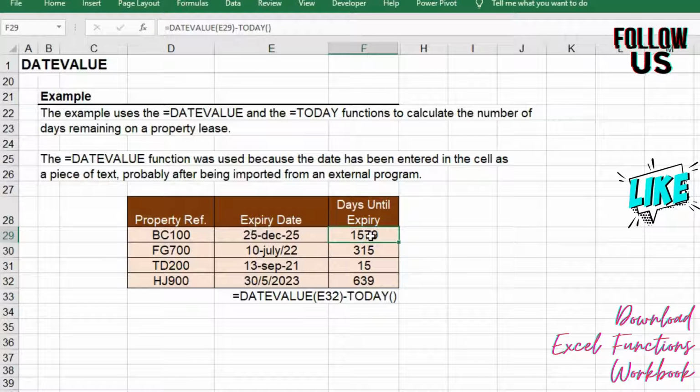This is gotten by subtracting the date value of this, using the date value to convert it to numeric value, minus today. Today function returns this day's value. So to know the number of days left for the lease, I can subtract the date value of this expiry date and today. So when I click enter, it gives me